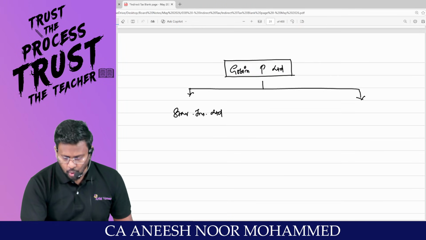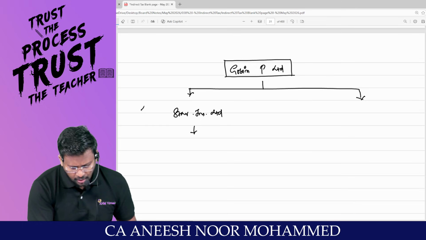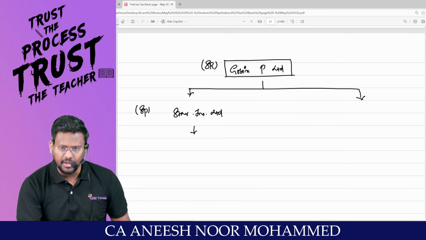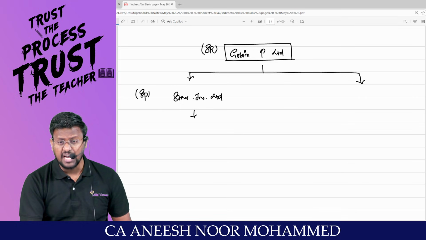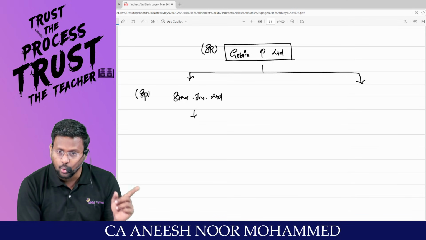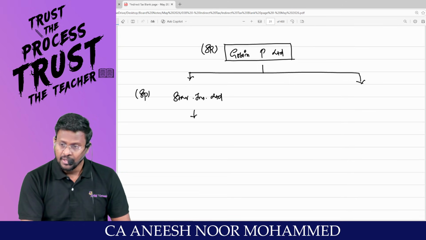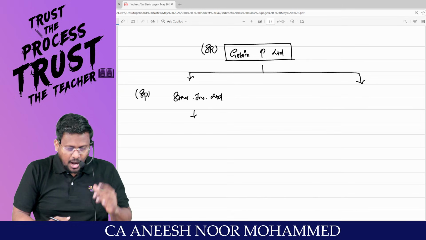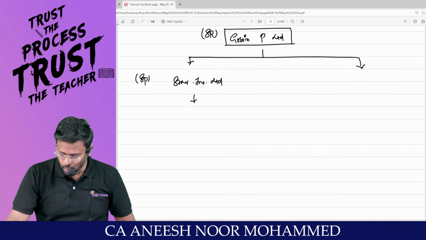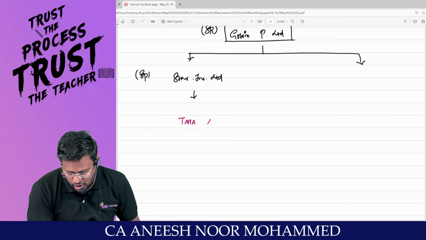Super, sir. So Gopin Private Limited took insurance with Star Insurance Limited. So who is the service provider? Star Insurance Limited. Who is the service recipient? Gopin Private Limited. Am I right? What Star Insurer has done is, now they are feeling the risk. Oh my God, if something happens to Gopin Private Limited, we are supposed to compensate Gopin Private Limited. Am I right? So let me cover my risk. How Gopin Private Limited was smart, the same way I also want to be smart. So Star Insurance Limited went to Tata AIG.